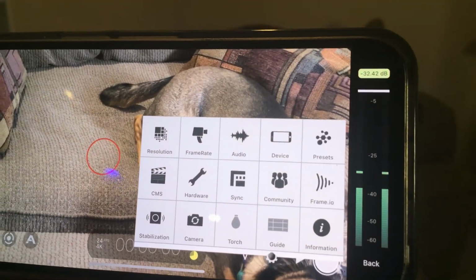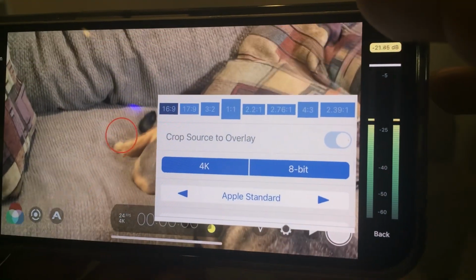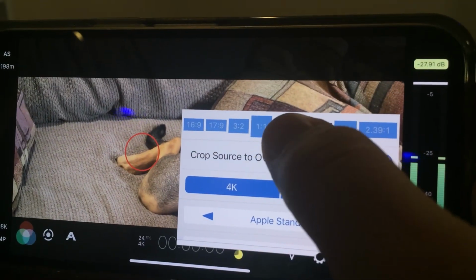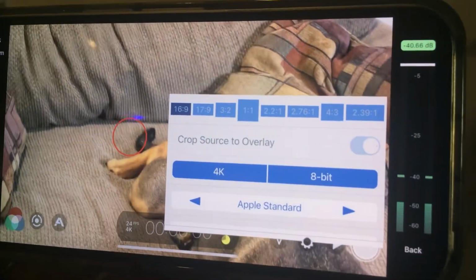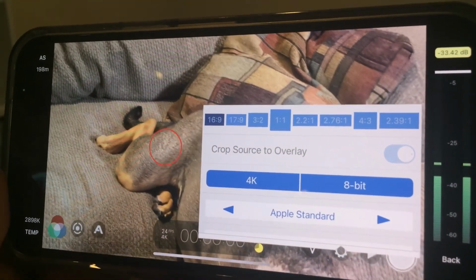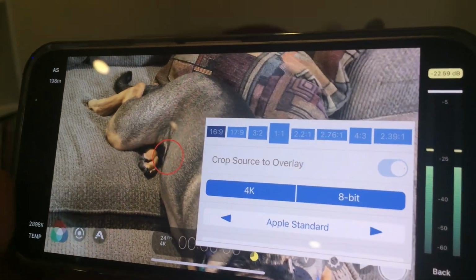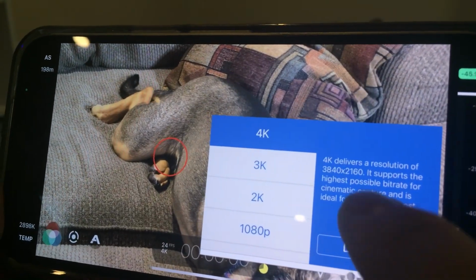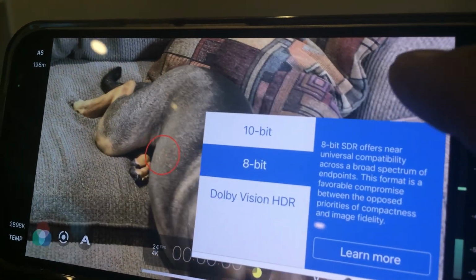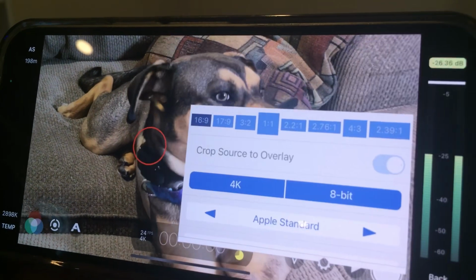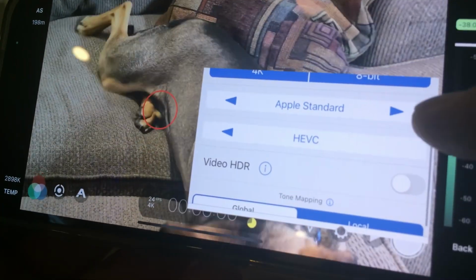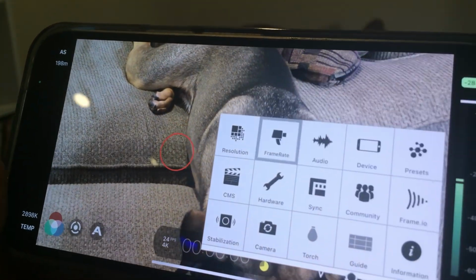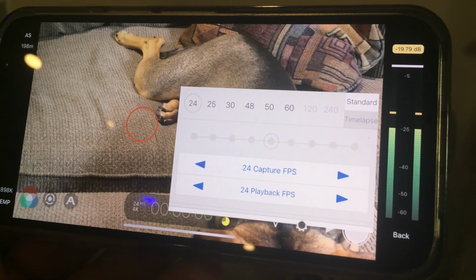menu here, we have our selector for resolution, and one thing I do like in Filmic is having the different selections for aspect ratio. If you want to be a little bit artistic with selecting a more cinematic aspect ratio, we can select our resolution. We can select our bit depth and our Dolby Vision HDR if yours is so equipped, our recording quality, our codec, HDR, etc., frame rate, our capture rate and our playback rate,